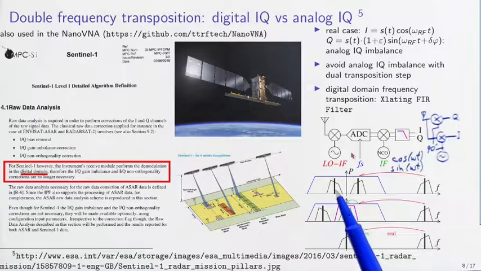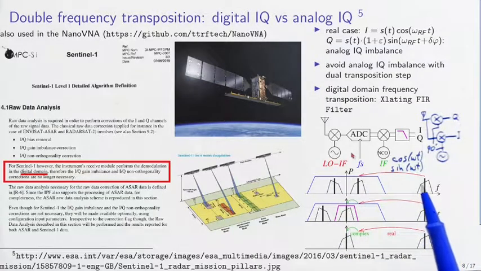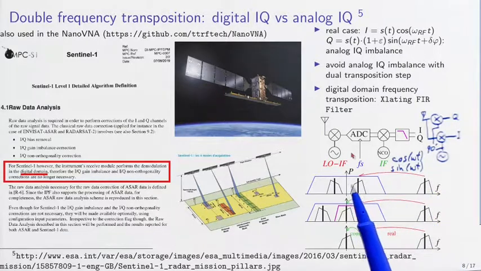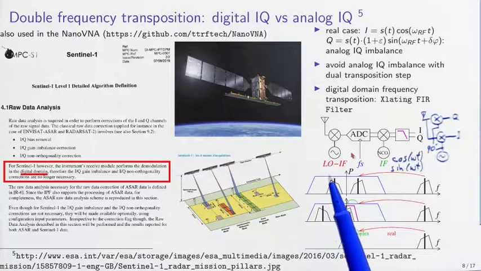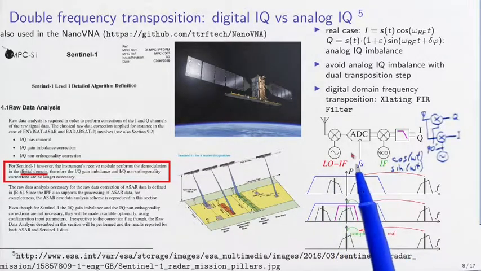Why do we have a mirror image in the negative frequency range? Because this is a real signal that has been mixed with a real local oscillator, meaning that the negative part of the spectrum is the complex conjugate of the positive part, or meaning that the magnitude of a spectrum is an even function. So we necessarily find the copy of the signal in the negative part of the spectrum. On purpose, we have drawn these spectral characteristics as asymmetric to emphasize how these spectral components are shared. So we sample this symmetric spectrum at sampling frequency Fs,